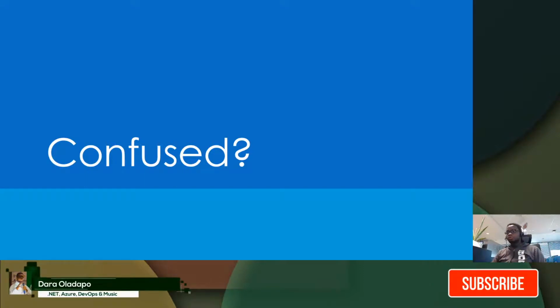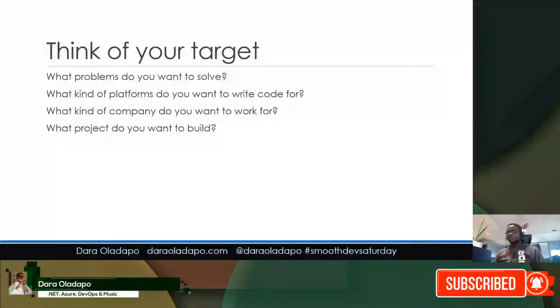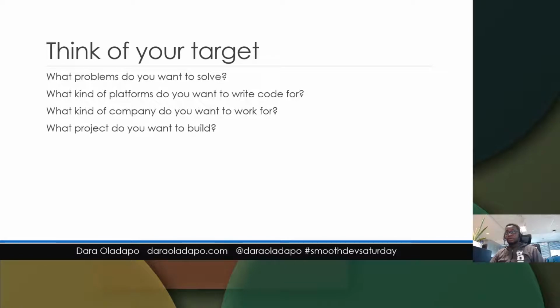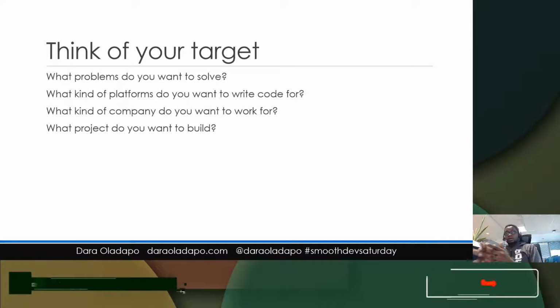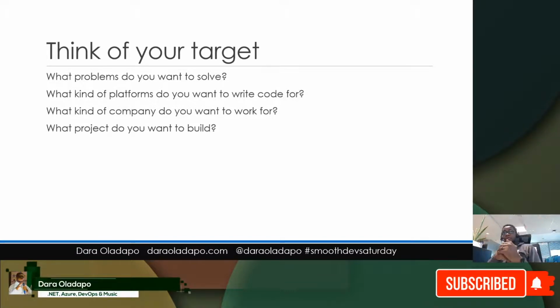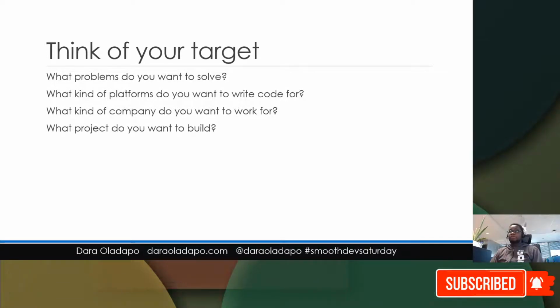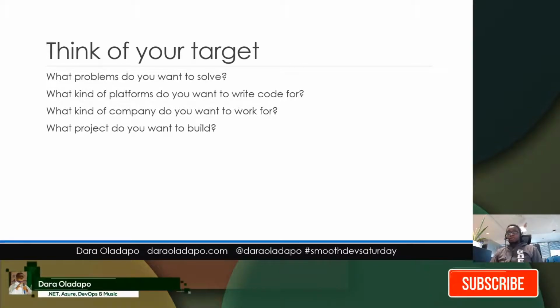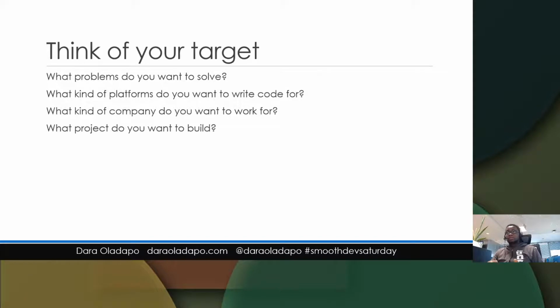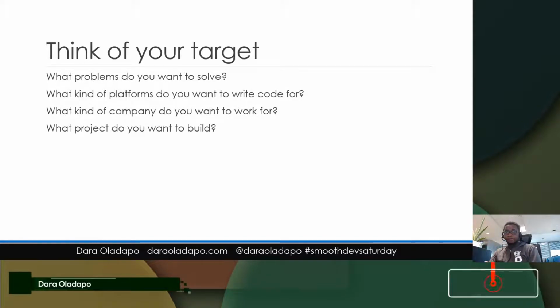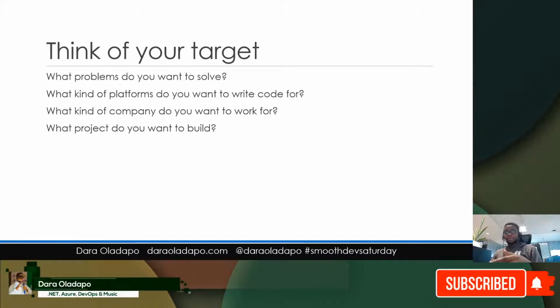and we will walk through each of them and we will go from there. So what I advise you when you're getting started as a programmer is think of your target. And I listed this out in points, of course. So I'll say, what problems do you want to solve? So if you want to solve problems in healthcare, or you want to solve problems in agriculture, you want to solve problems in aviation, you will think of your target and you will select the kind of languages that actually are in use in that industry, because not all languages apply in every industry.